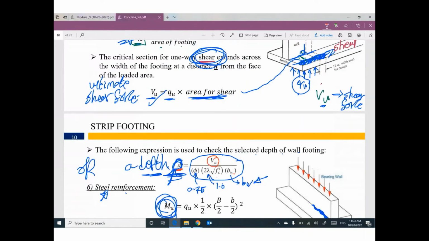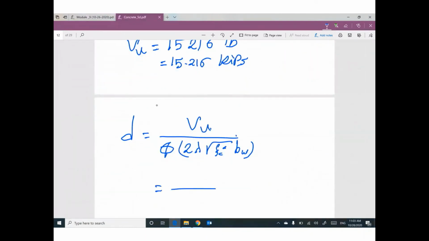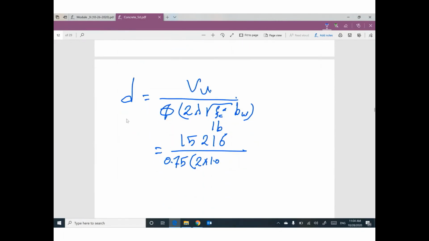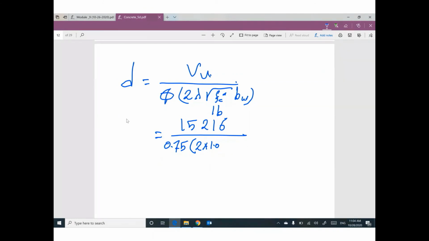So V ultimate is 15,216, must be in pound. Phi 0.75, 2 lambda is 1, because you are talking about normal weight concrete, not the concrete for Angel. It's a different concrete. We are talking about the normal concrete. Square root f prime c,